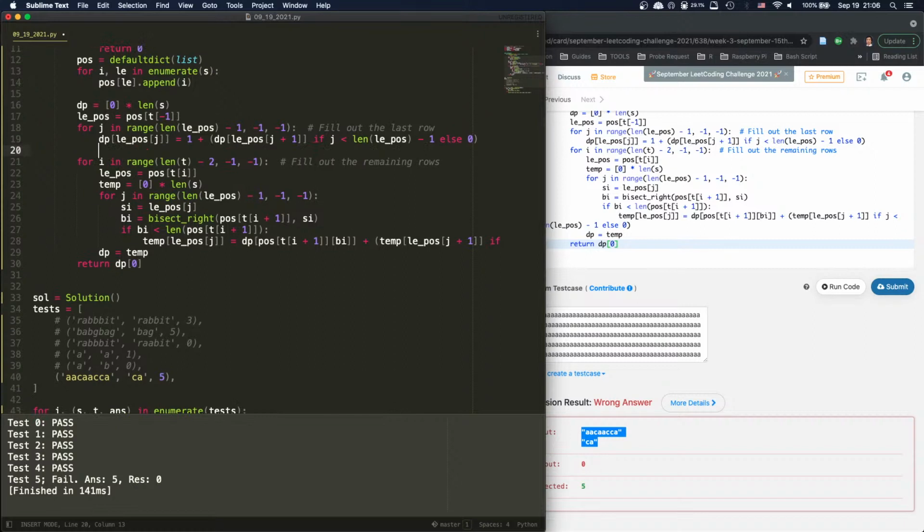Let's see. The last row. Last row is 1, 2, 3, 4, 5. Yep. And then second,